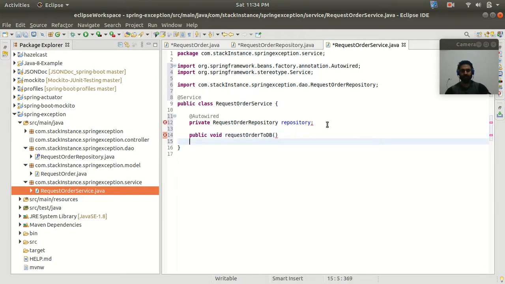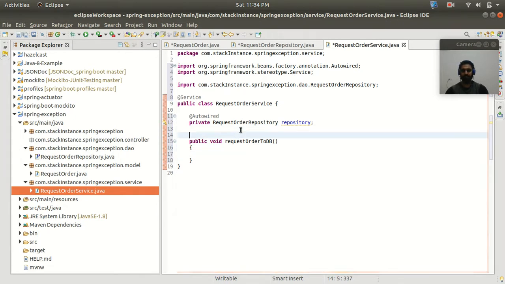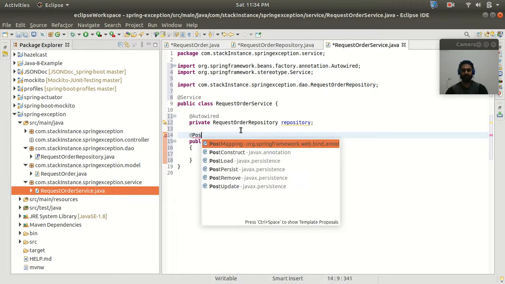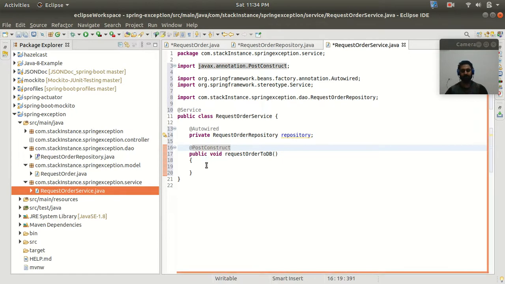So here I want to insert the data to my database at the start of the loading of this application. So for that, I can use the at the rate PostConstruct annotation, so that it is going to call this method at the starting of the application, and here it is going to execute this method.